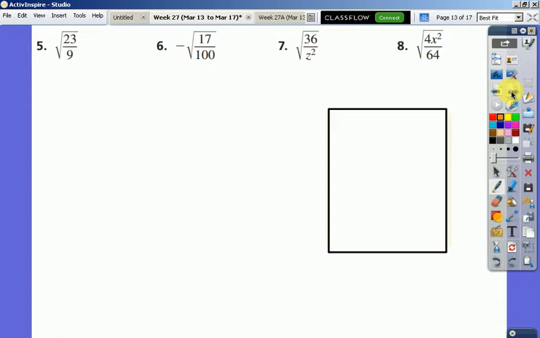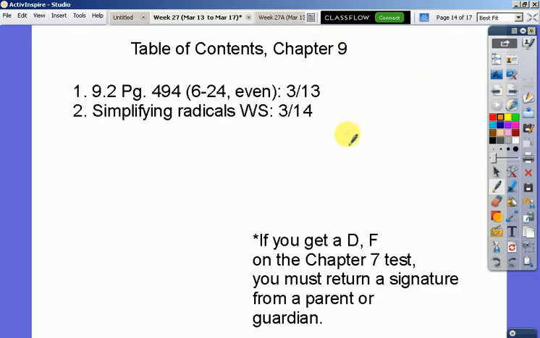I was going to give you some to practice, but do you feel okay with this? All right. We'll do some of these for bell work. In fact, these will be our bell work tomorrow, so if you want to just take a picture or copy them down, we'll do these for bell work tomorrow. But I will project those. All right. I'll give you your simplifying radicals worksheet, and then we're going to go on